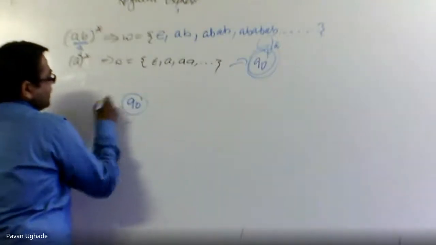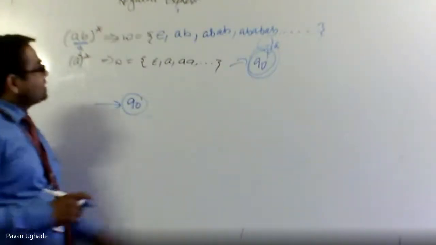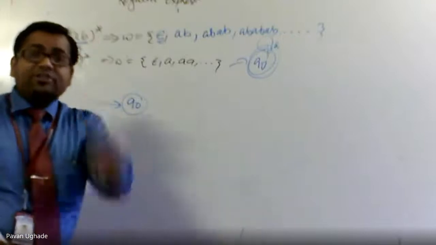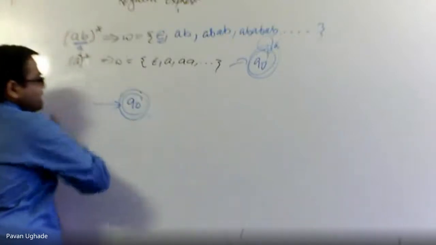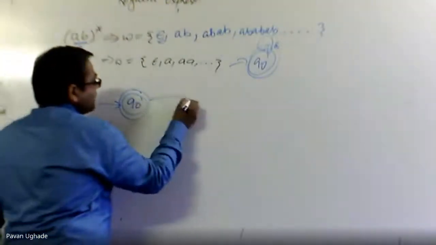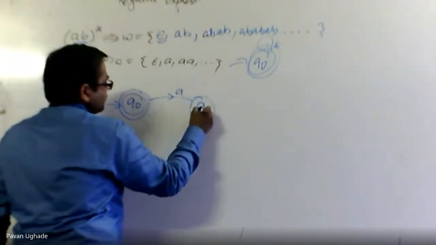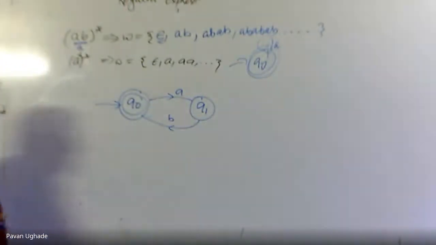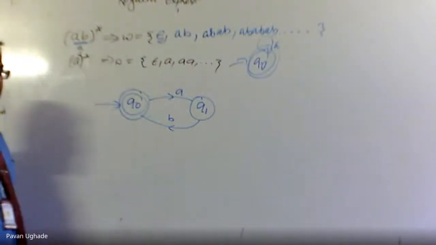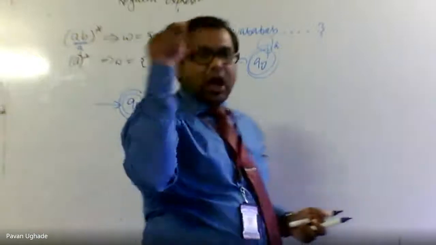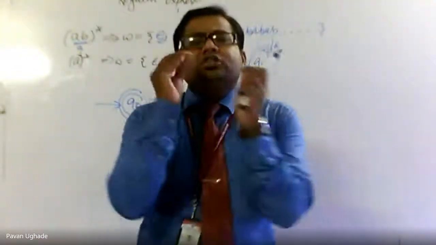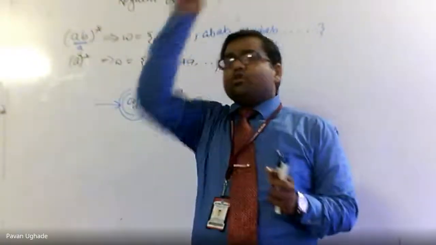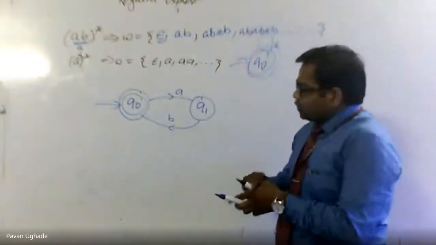Here it is always advisable to first consider the minimal state. As epsilon is getting accepted, it means the initial state itself is a final state, so I will make it the final state. Next, it is saying AB is accepted, and I will make it like this. Now just check, guys, whether this is the automata for this. Whether star closure or positive closure, it is a loop. We have seen A positive, A closure, as well as A positive closure. It was making the loop. Are you able to see there is also a loop?